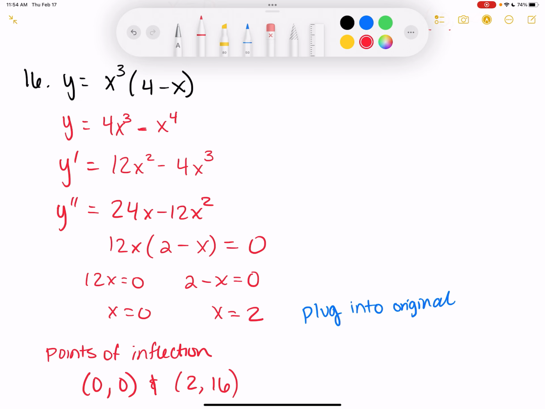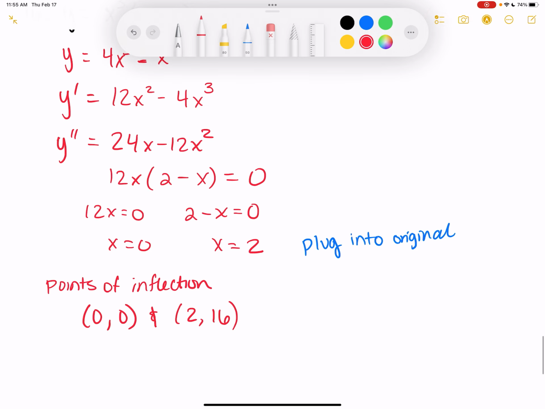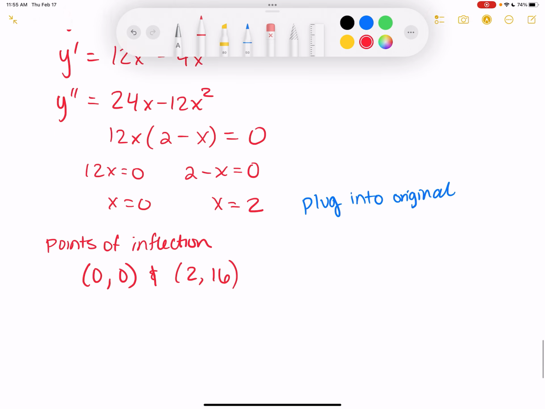All right, so 28 says, a particle is moving along the x-axis with a position function x of t. Find the velocity and acceleration and describe the motion of the particle for t greater than or equal to 0. So basically, I want to know where it's increasing and decreasing, and then where it's accelerating or decelerating, okay? And so those things will line up with